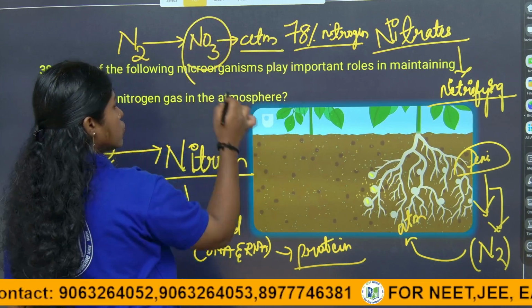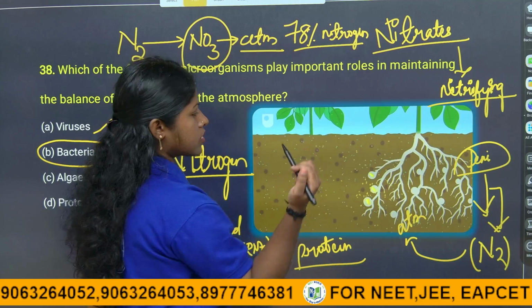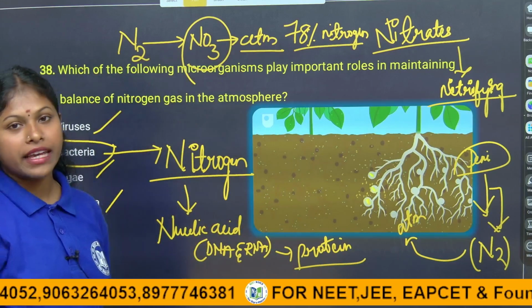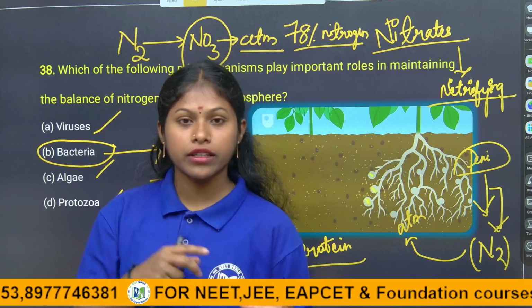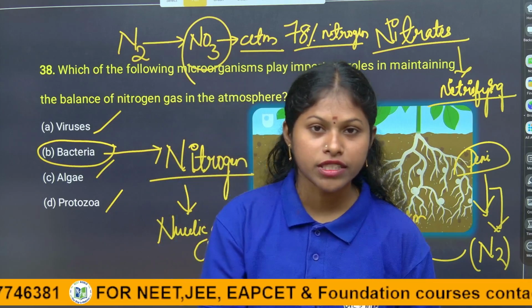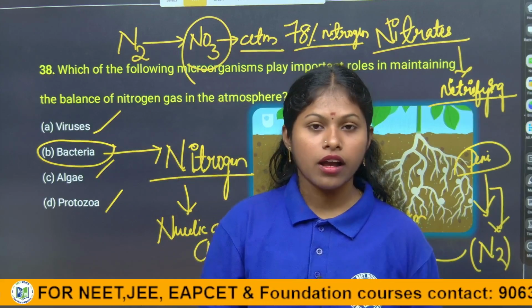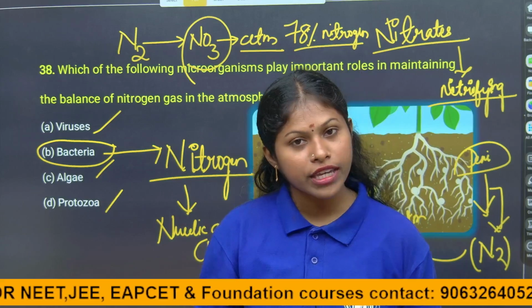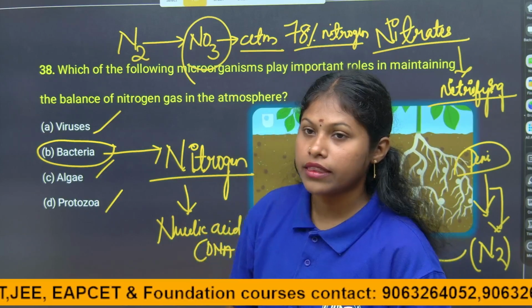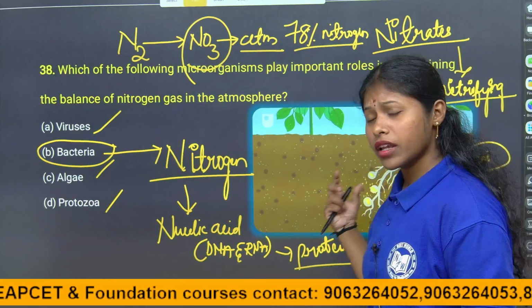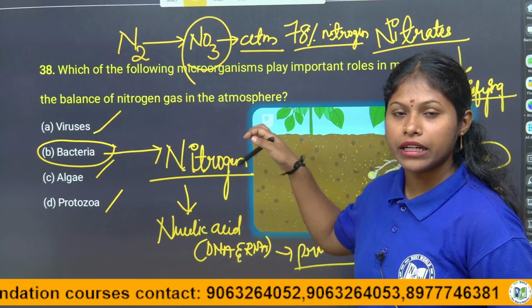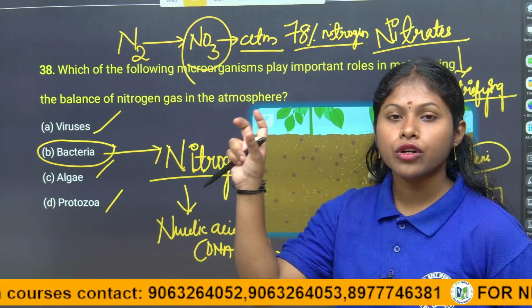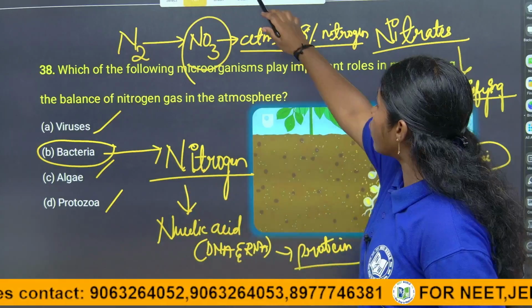The plants use it and the animals also use it. When they die, what will happen, children? The complex organic molecules turn into simple molecules like ammonia. That process we call ammonification. After the ammonification, it gets back into the atmosphere through the denitrifying bacteria, again in the same form of nitrogen. This is about the nitrogen, children.